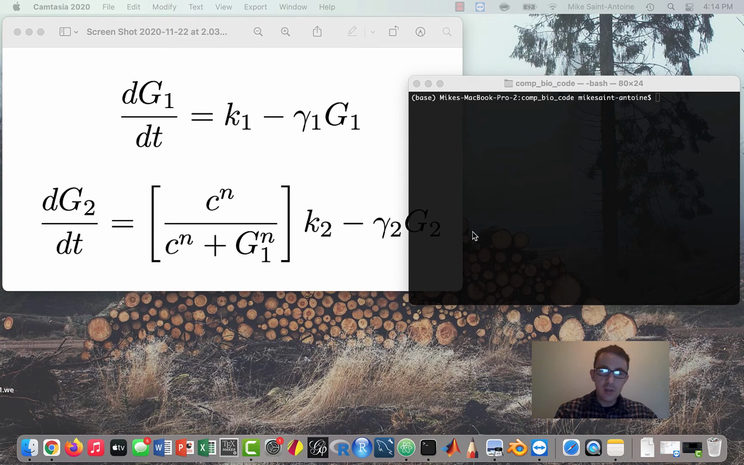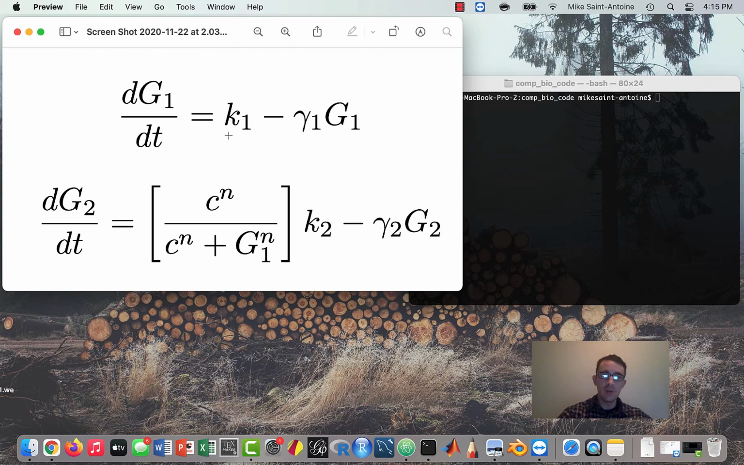So we're just going to be talking about the simulation for the two-gene repression model. If you remember from the last video, these are the ODEs we came up with. Gene one is just the regular equation with the production rate and degradation rate, and then for gene two we have the regular degradation rate, and then K sub two is the maximum production rate, and then we have our repression